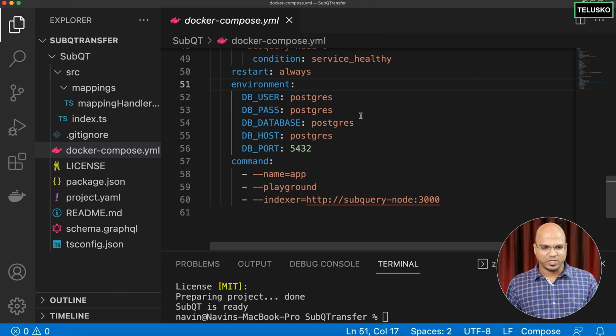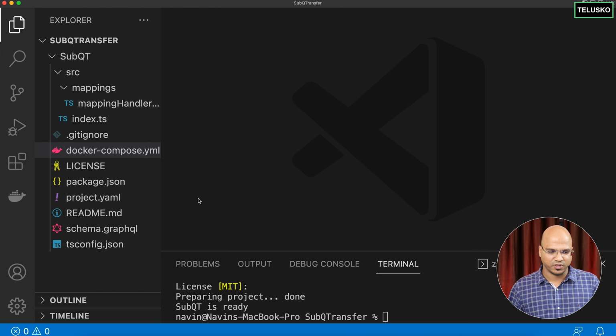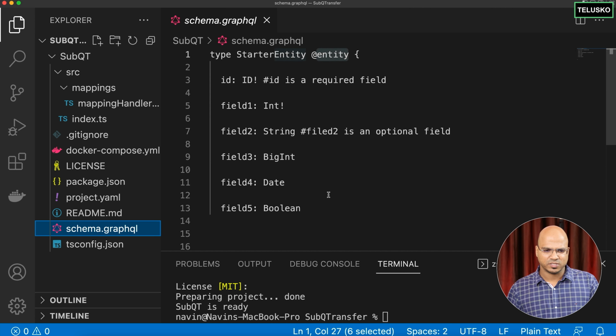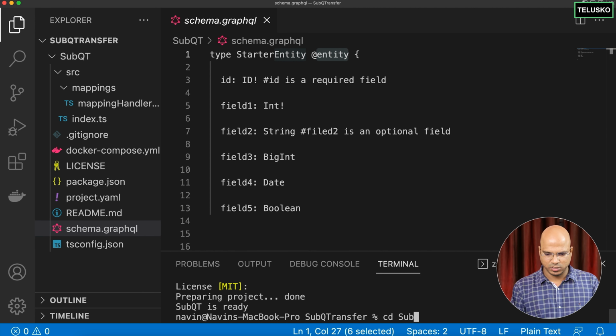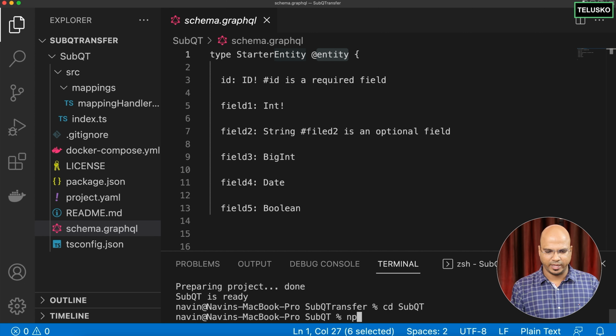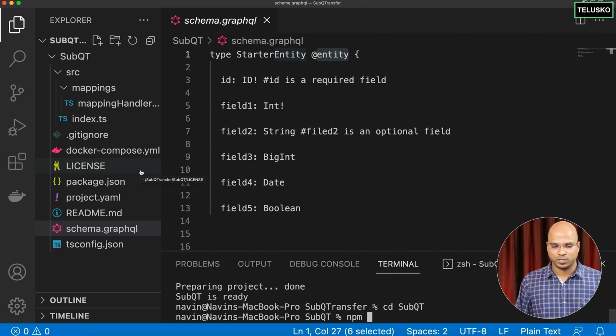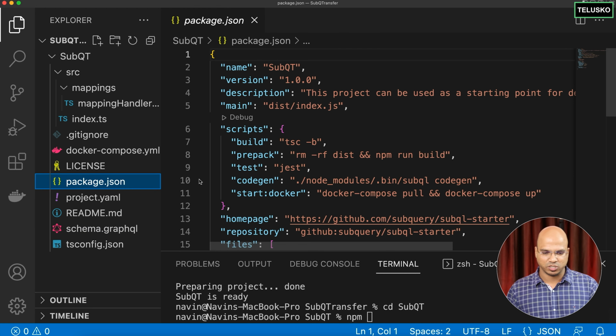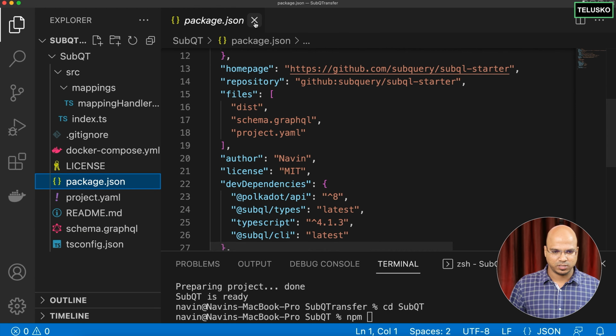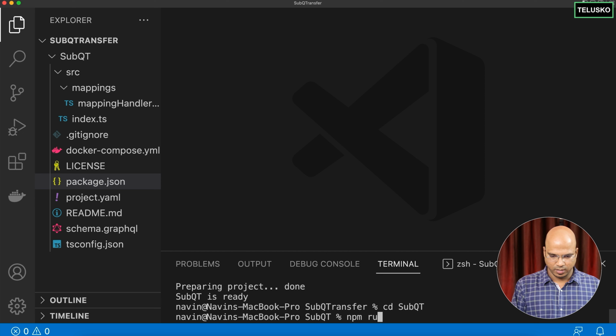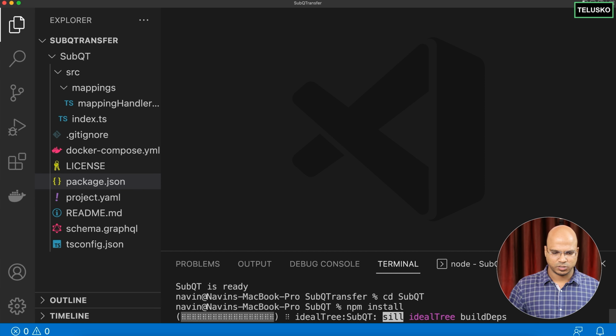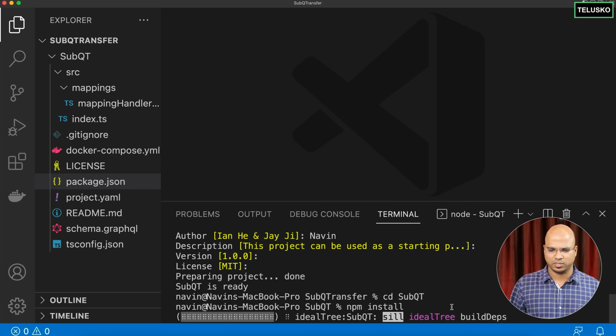Awesome. Now, once you have all this in place, the first thing we are going to do is change our GraphQL. In fact, before we start with GraphQL, I will just move to my subquery project. And here we need to run npm because we need some modules to make it work. So basically we have this package.json and we need all this content. So I will just go back here and say run script. Oh, I'm just saying install. npm install and done. It is installing all the dependency modules you want in your project.